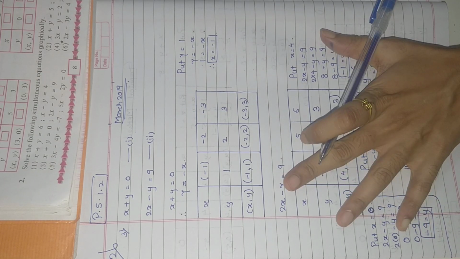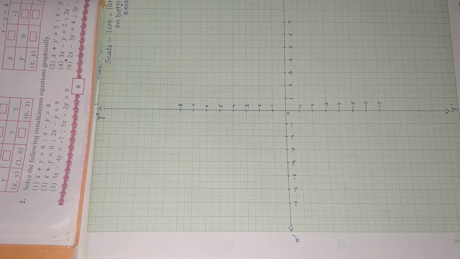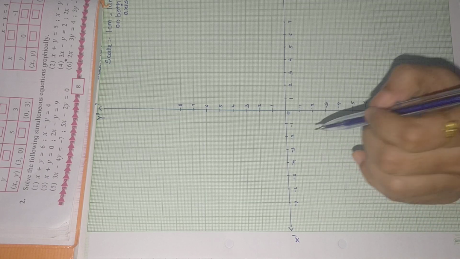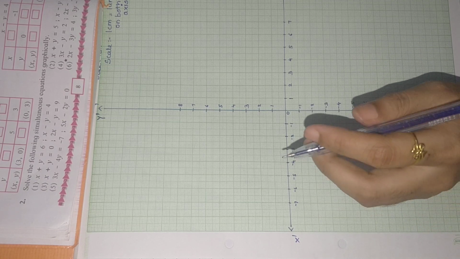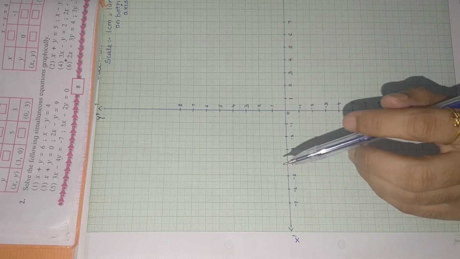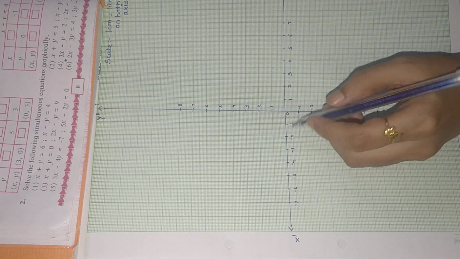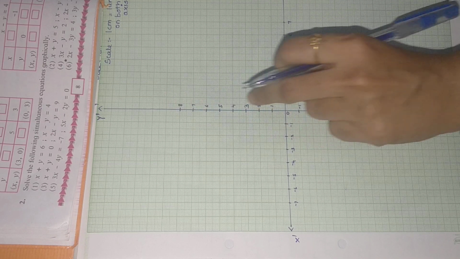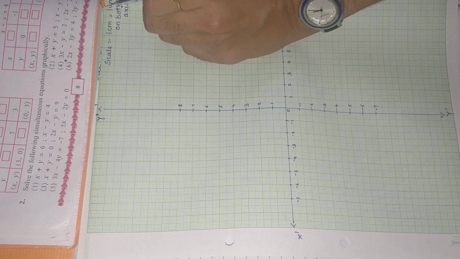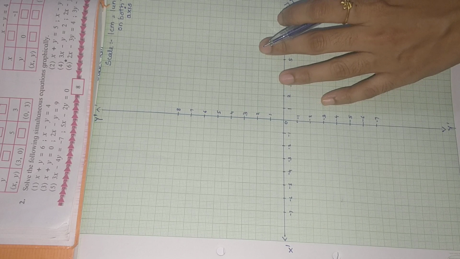Now let's mark this on a graph paper. So here you can see I have made a graph here. Now this I have marked with pen for making it visible to you people. Otherwise you have to draw it with a pencil, compulsory. And you know how to draw this. y-axis, x-axis, 0, your negative numbers, your positive numbers. Scale is mandatory, important. Scale 1 centimeter is equal to 1 unit on both the axes. Okay.